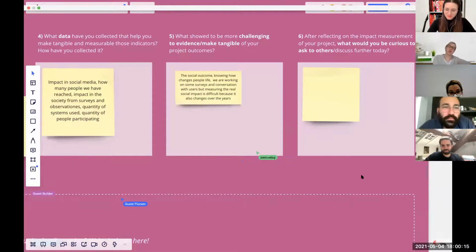I think it's interesting to read about the social outcomes, and they found it challenging to evidence. And in some ways, I'm not surprised, because it's often quite challenging. My thoughts, I guess, were twofold. This problem is a classic case of working with theory of change and thinking, because when we do that,